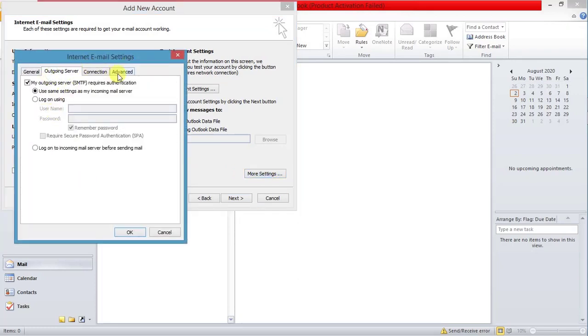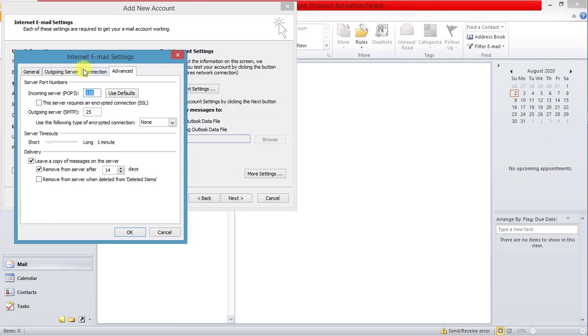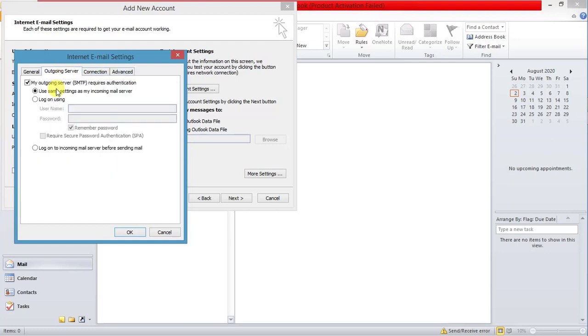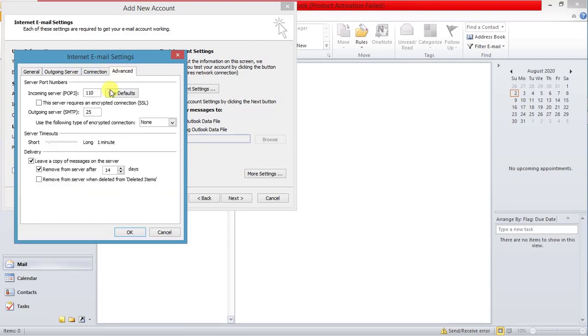But again you have to set up something advanced, so we have to go to the Advanced tab. Okay, we have selected the outgoing server, and we have to go to the Advanced tab, and here we have to enter the port and all. So by default, here make it 110. It may differ in your case if you are using some other server. As I told you, I am configuring with my own company server, that is Jauka. So if your website is with Jauka company, you can use the same method.